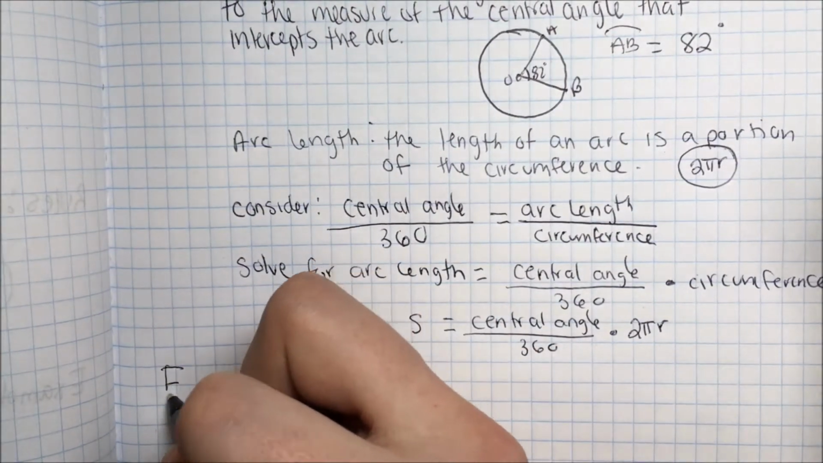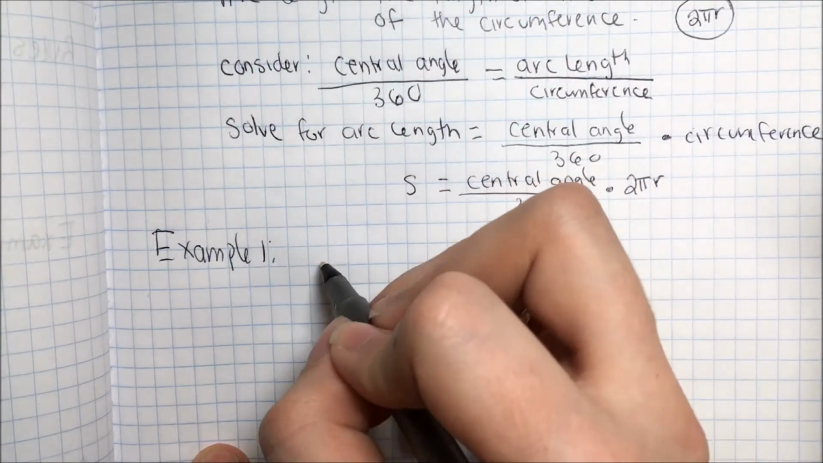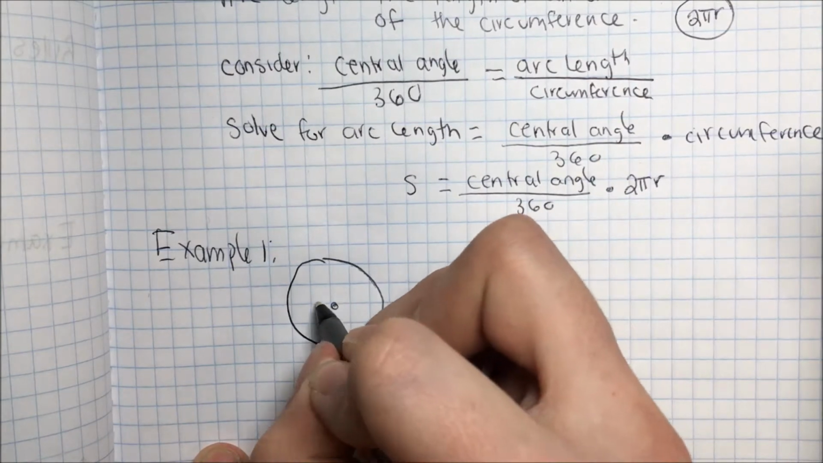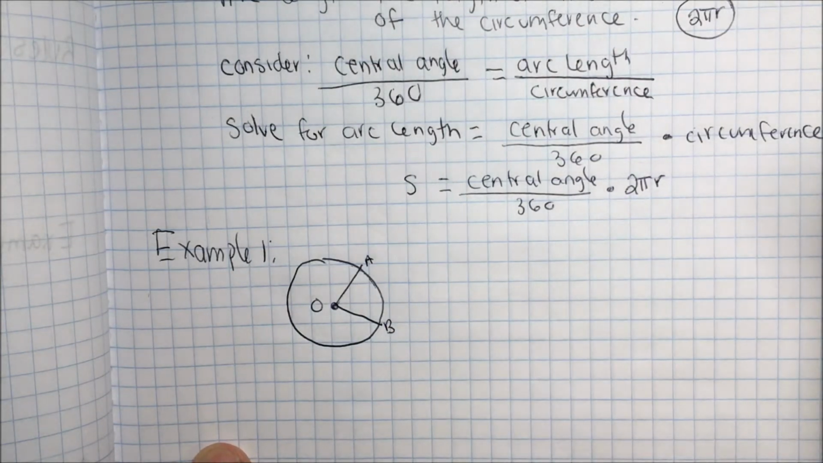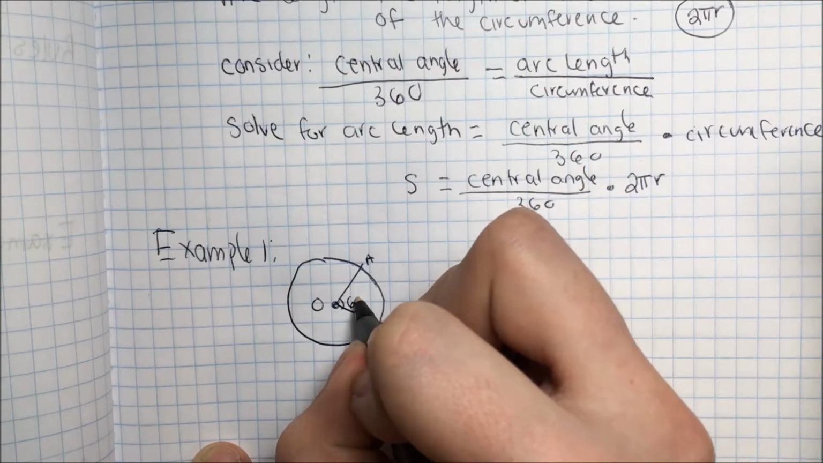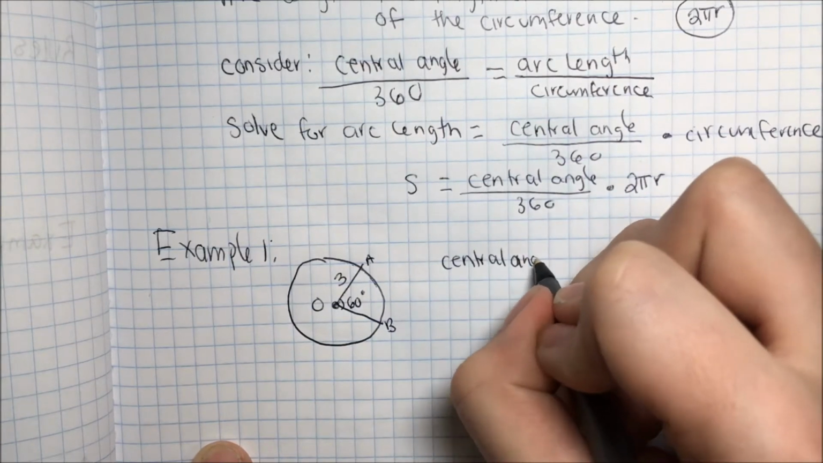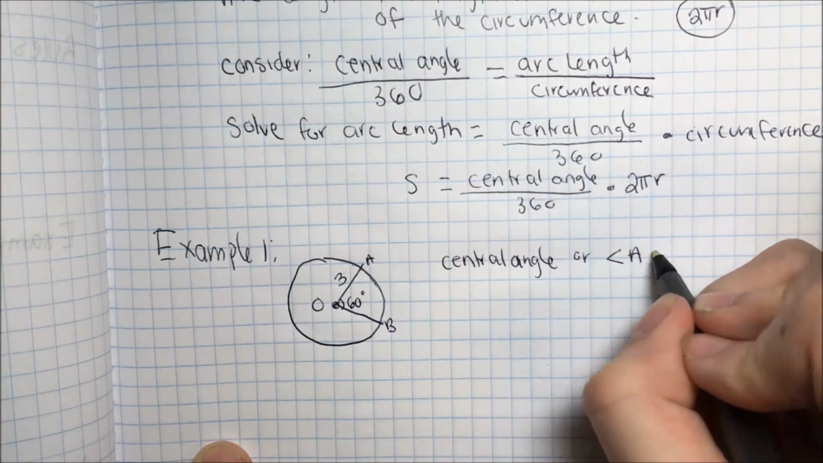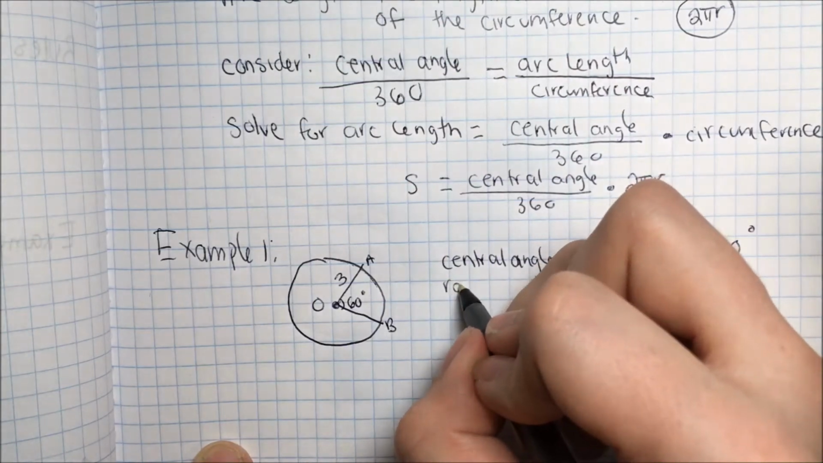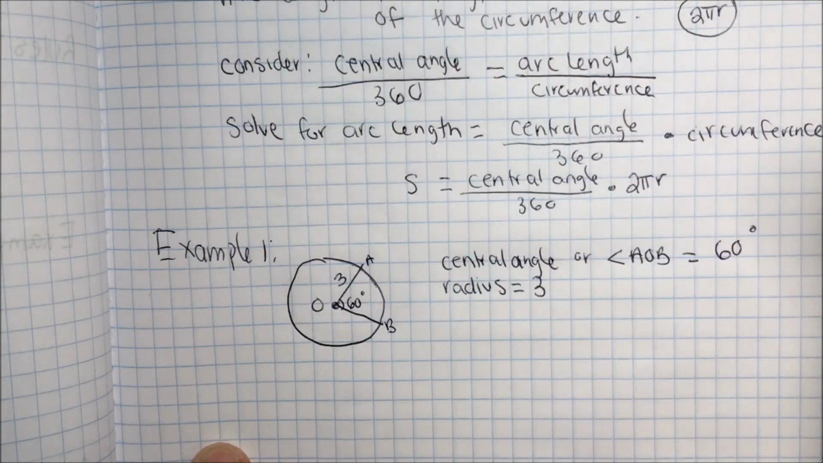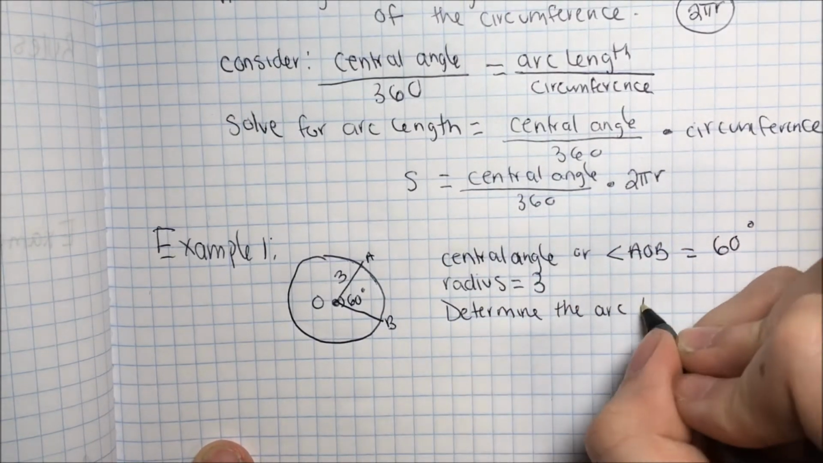So now we're going to look at an example. So if we have a circle O, with points A, B, we have a central angle of 60 degrees and a radius of 3. So central angle, or we write angle AOB equals 60 degrees, and our radius is equal to 3. So if you want to determine the arc length,